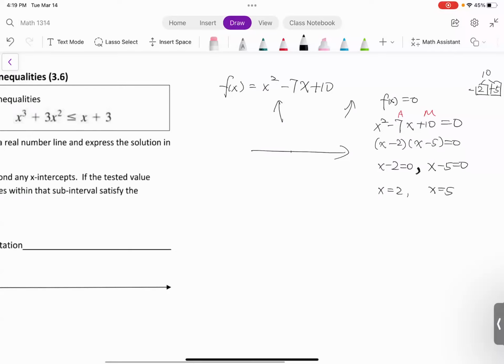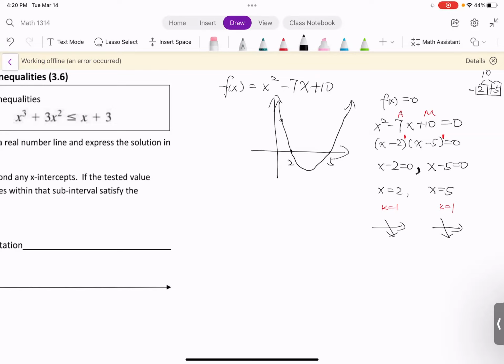So plot them on the graph. Here is 2, here is 5. So what is the multiplicity after factoring this polynomial? Multiplicity is the power of each factor. Here is 1, here is 1. So k is 1, k is also 1. K is an odd number, which means the graph goes across. So the graph goes across the point 2, and then at 5, it crosses 5. All right, we have the graph